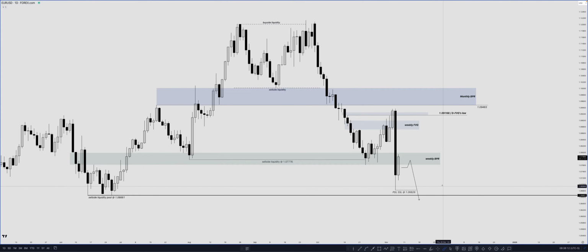Price completely broke below this weekly BPR, which was acting as a very sensitive area for quite a while. You can see that we had pretty nice rejections right here, and now price broke to the downside. So what we are basically expecting from the daily time frame is to simply climb back into the weekly BPR, into the overlapping lower time frame PD arrays right here, the bearish PD array, top out, and eventually give us a continuation